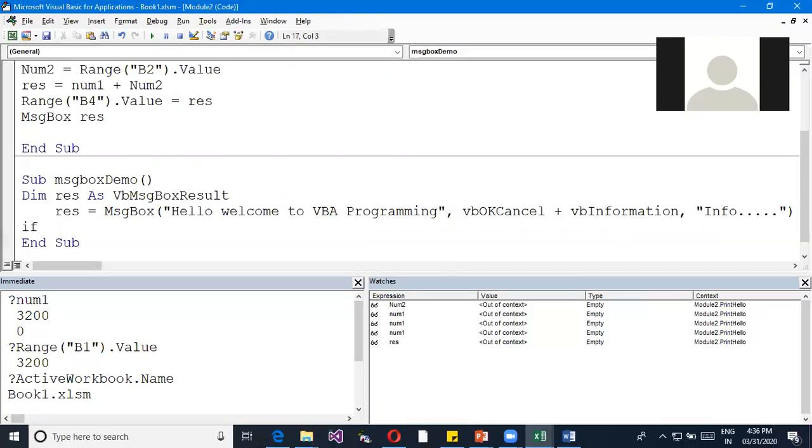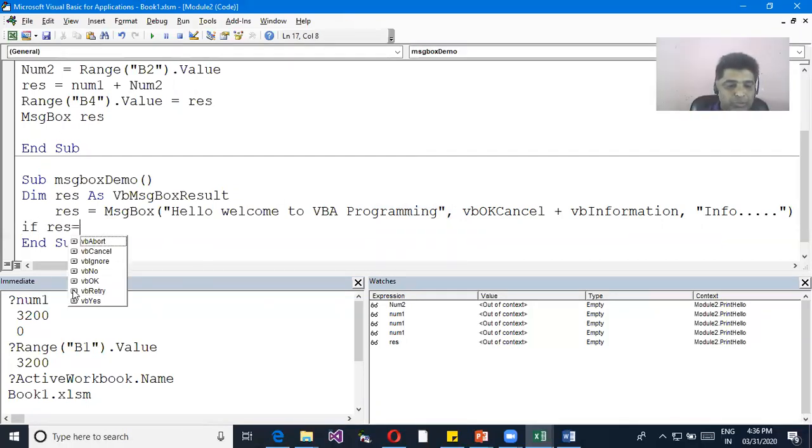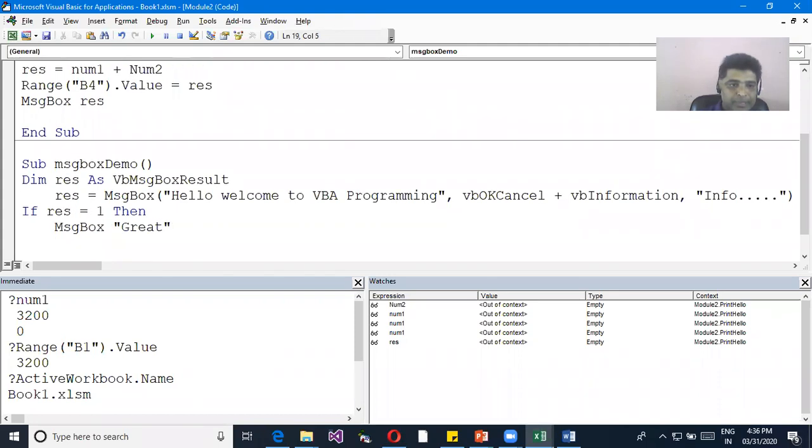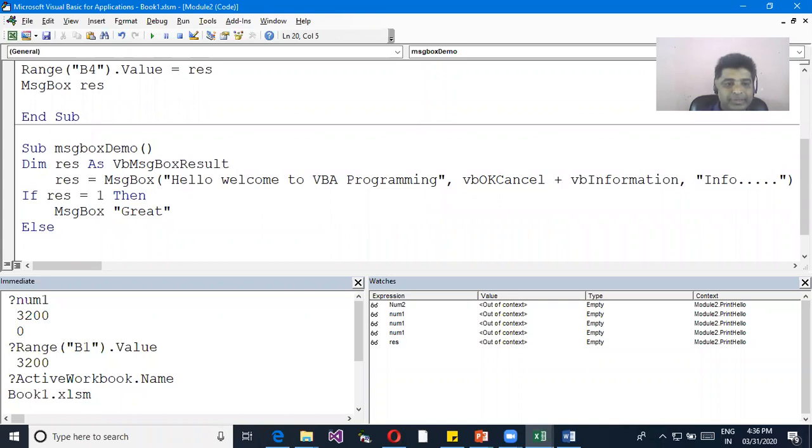So I just say if result is equal to 1, then I'll display again a message box saying great. Else, that means if he has clicked cancel, I'll show a message box saying